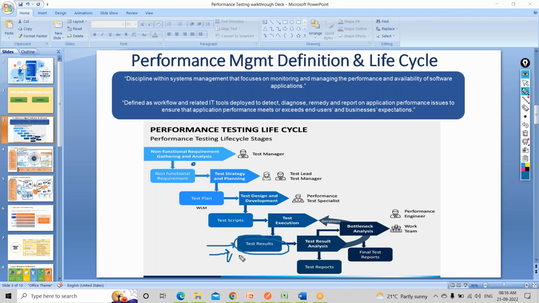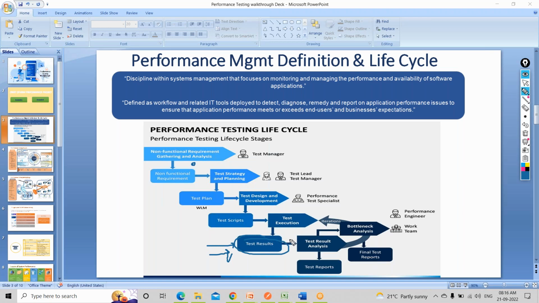And another is they are not happy. A lot of issues have been found during the testing, and they want to get that fixed. So again, what will happen? The application team, development team, all the teams which are concerned. Let's say if it's related to contention from the hardware side, the infra team will come into the picture. If it's a code issue, the application team comes into the picture. If it's something related to deployment, some deployment didn't happen properly, then the DevOps team comes into the picture. Accordingly the teams are involved at this stage, and the solutions are put in place. And once the solution is put in place, another round of testing will happen.